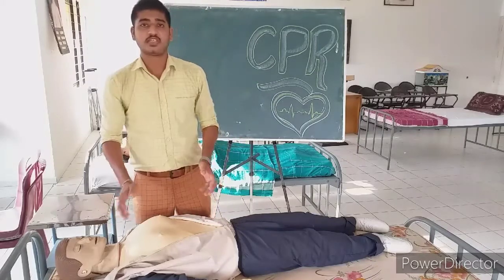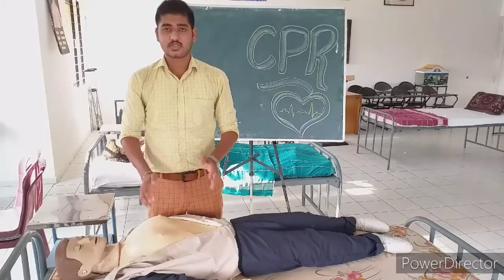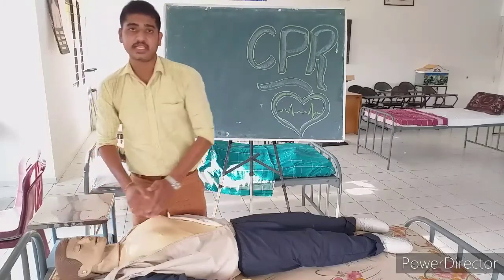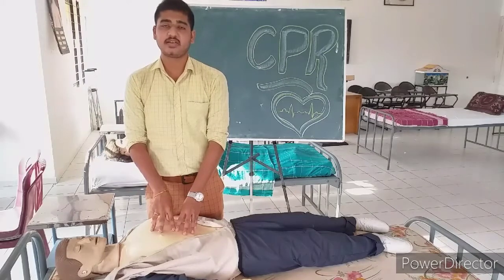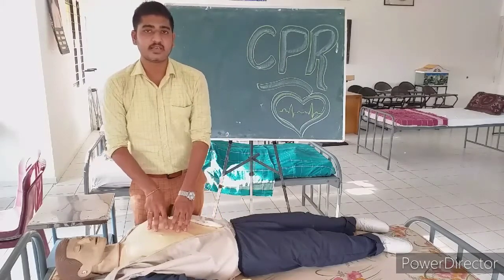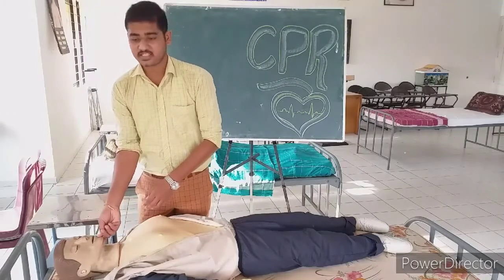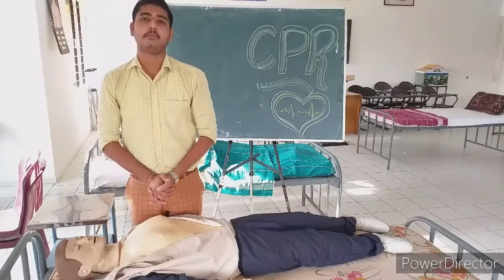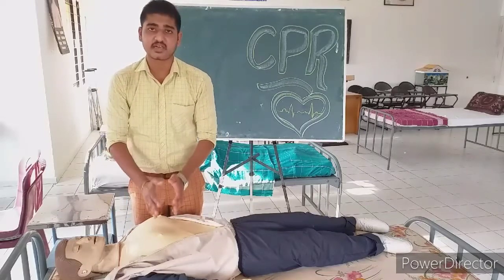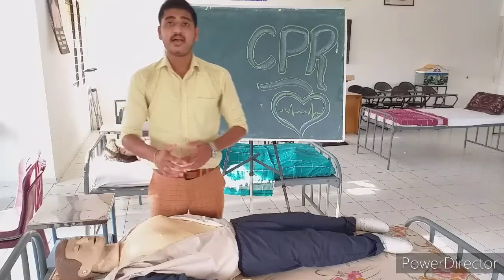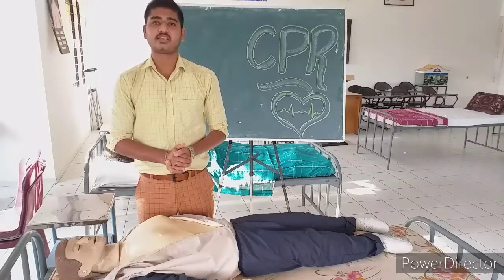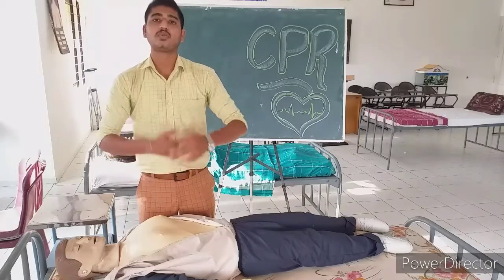Okay? So this is all about the CPR. The only thing you have to remember is compressions, airway and then breathing. Compressions, rate is 100 to 120, depth is 5 cm in adults, 1 to 2 cm in infants. Airway clearance by lifting up the chin and then breathing, 2 ambu bag breaths or 2 mouth to mouth breaths after every 30 compressions. And once after every 2 minutes or 2 cycles are completed, you have to do the repeat